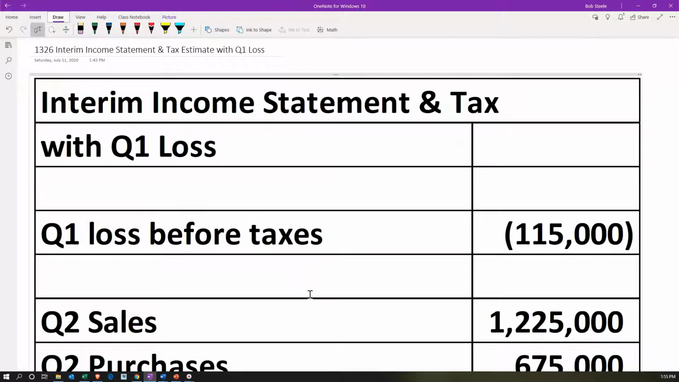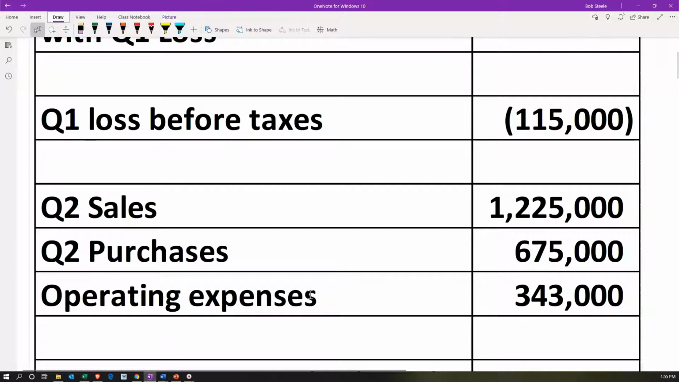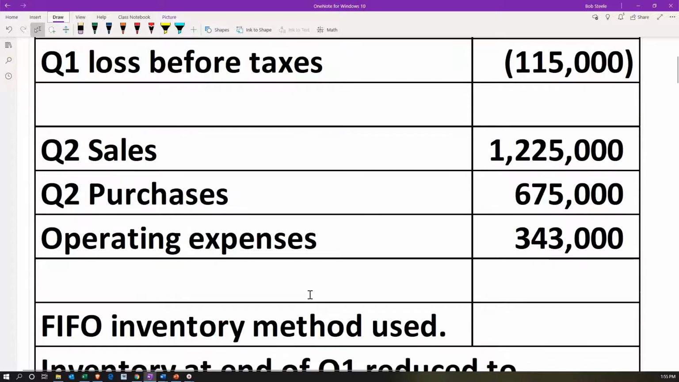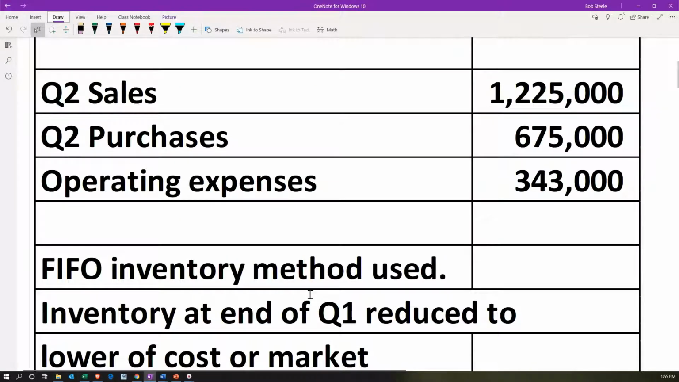We're going to be looking at an interim income statement and tax with a Q1 loss, the quarter one loss before taxes. We're going to be working in quarter two. So what already happened in the prior quarters, we had a $115,000 loss in Q1, the first 3 months. In Q2, the sales were $1,225,000. Q2 purchases were $675,000. The operating expenses for Q2 alone,